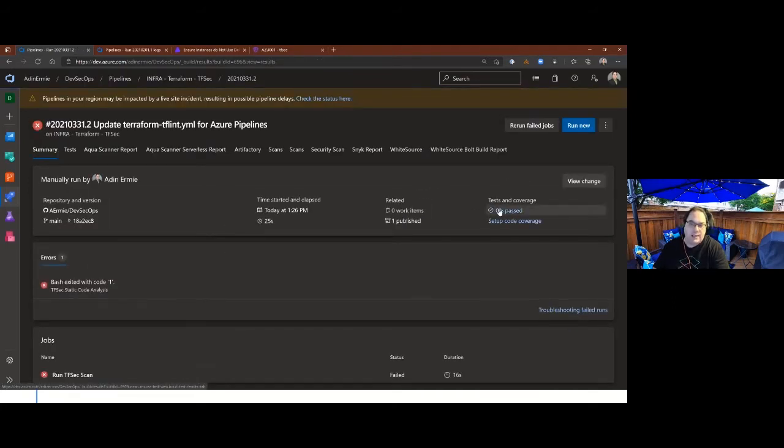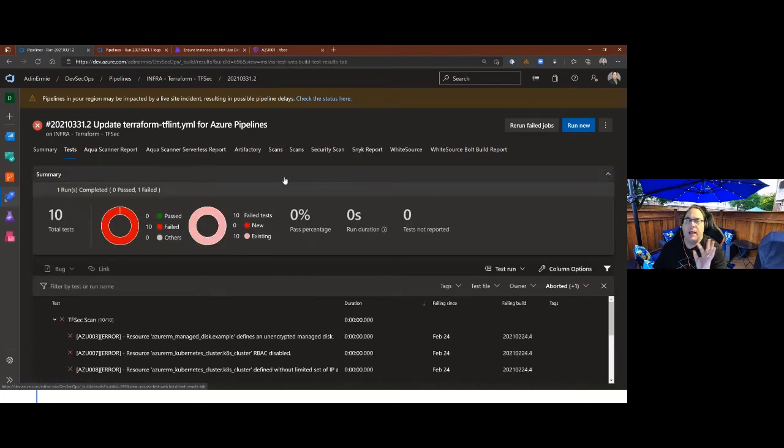It has a 0 pass here because remember, we said it does not include the number of tests passed. So it might not actually be 0, but from a TFSec perspective, it's 0 because if there's one failed test, then it fails effectively. So that's just something that could kind of throw you off a little bit, especially if you're going to use this for like a security audit, for example, or some type of security report.